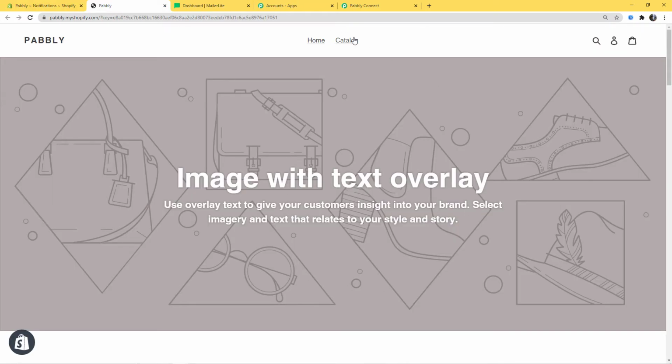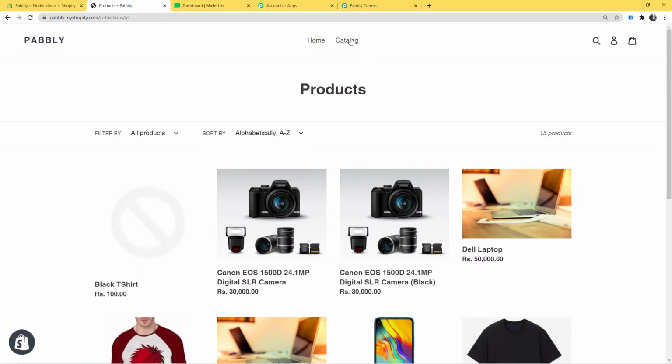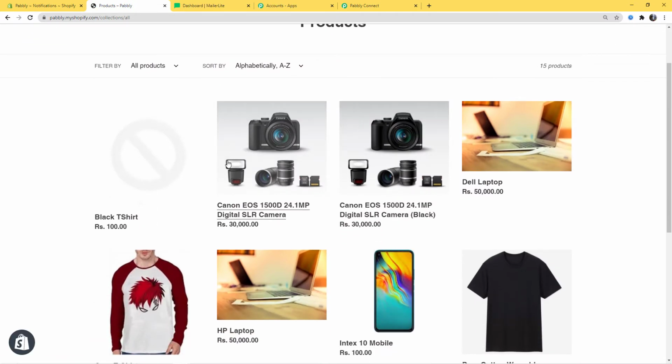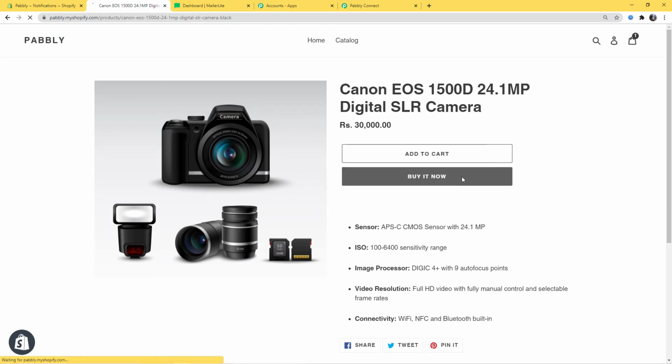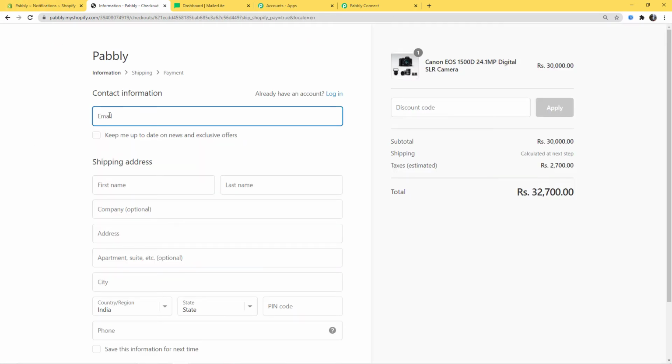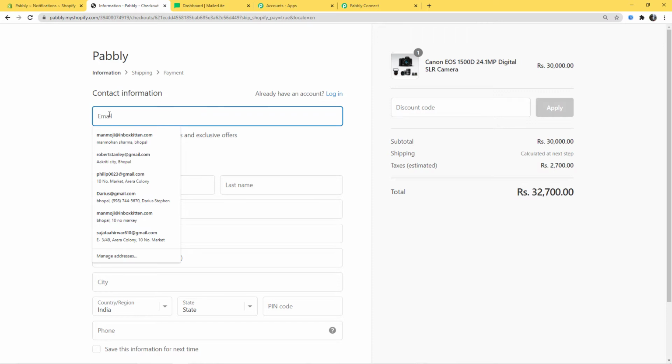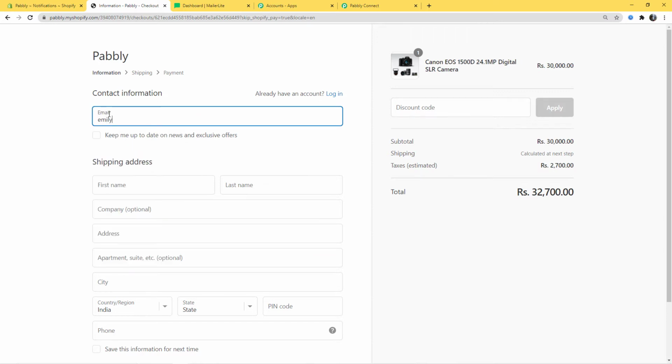Okay, so now I'm going to click on catalog and I am going to buy a camera. Okay, now I'll buy it. So now here contact information, I'm going to enter a contact information here. So the email is going to be emily15@gmail.com.